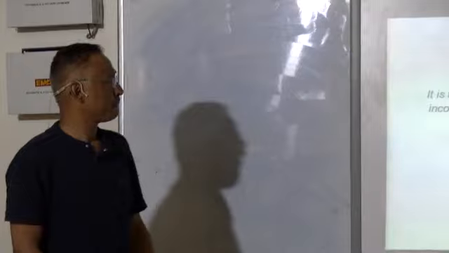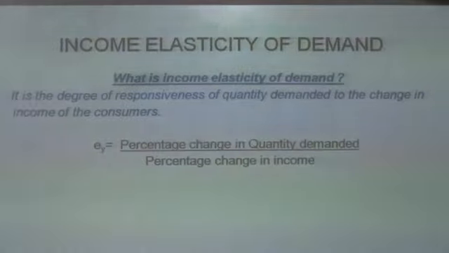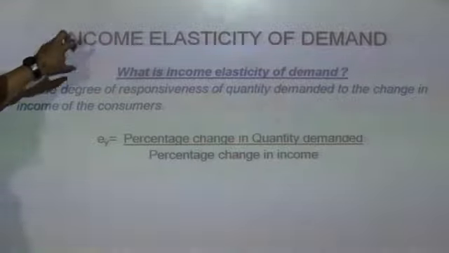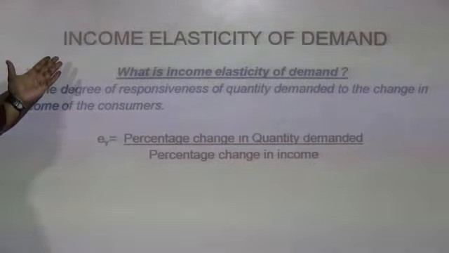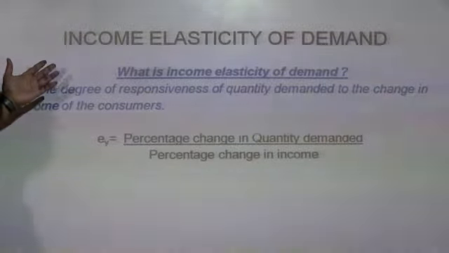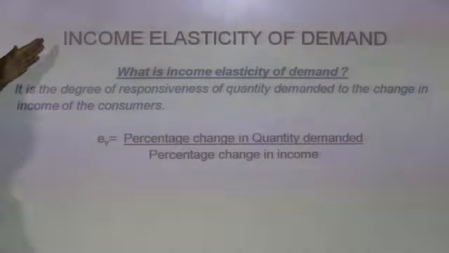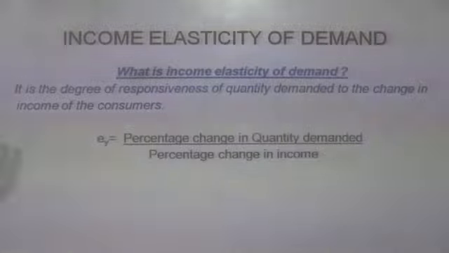The next thing, after price elasticity of demand, that you'll have to learn is income elasticity of demand. Now the word is income. Price has been removed and we have put income in it. So whenever the price is removed and income has been put, we will have to understand that previously, if the price changes, then the quantity demanded will change. This time, if the consumer's income changes, what will happen to the quantity demanded? So here we take the income of the consumer and the quantity demanded.